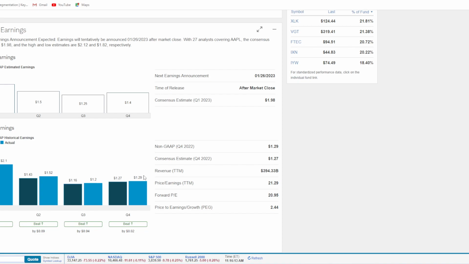And right now, you see Apple trading at around a 21.29. Now, historically, this is a very low PE ratio for Apple. So there's a lot of things you need to look at when you look at that. So when you see a low PE ratio, you have to look at the other factors as well. Why would this be historically low for Apple? So typically, and I mentioned that too,